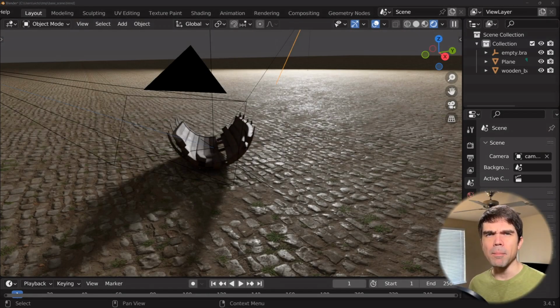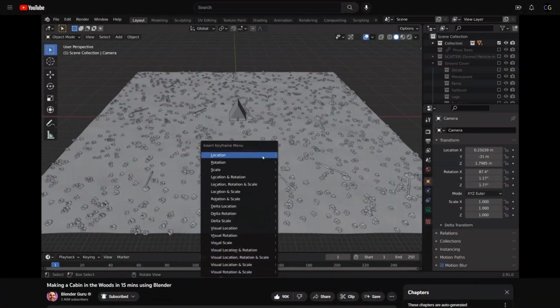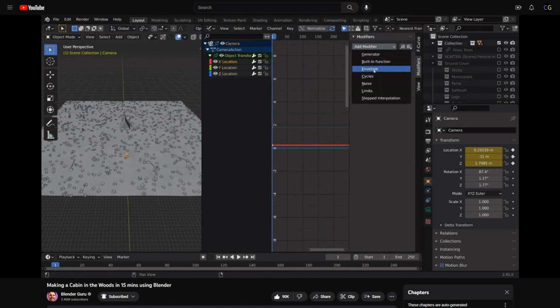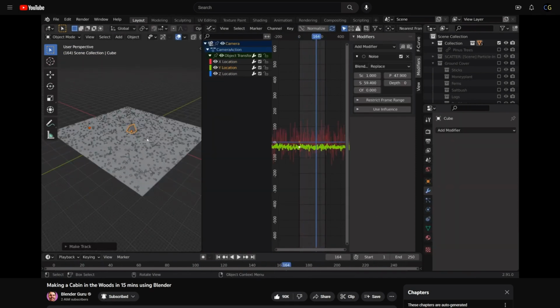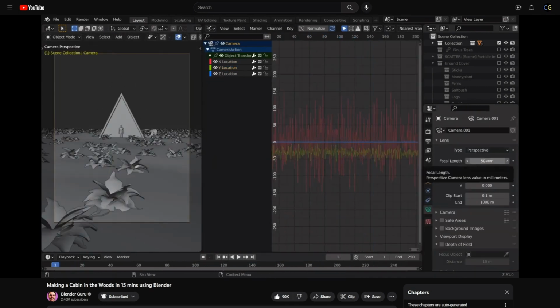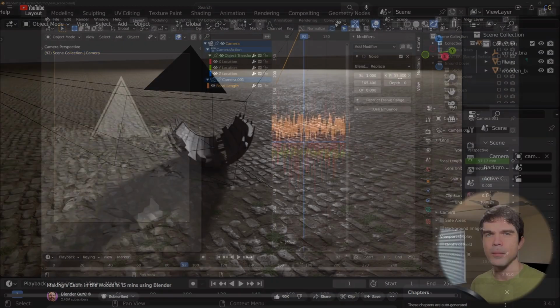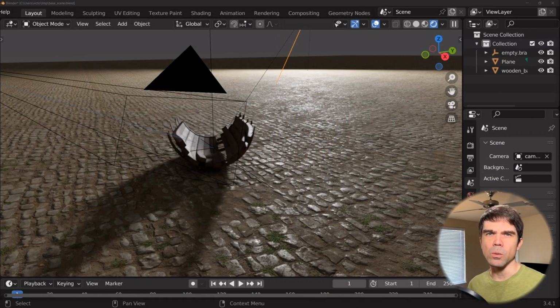I remember a while back watching Andrew Price's tutorial on creating a cabin in the woods, where Andrew used some keyframe modifiers and noise to brainstorm camera and lighting positions for his scene. But I wanted a bit more control, so I decided to see how far I can get with a Python